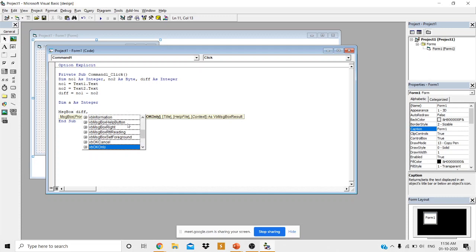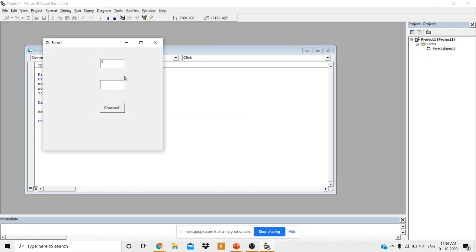Okay, a list of all the properties such as buttons, then icons will appear here. You can select any one here. Fine. Next I will select VB information only.